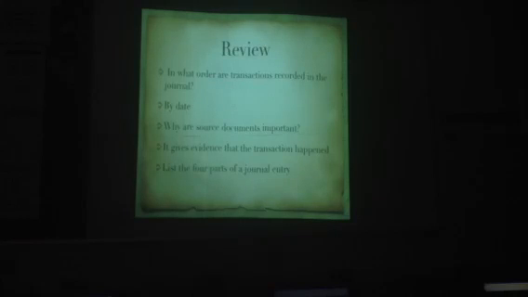Can you list the 4 parts of a journal entry? The order, the 4 steps? Date. What's the second one? The account title. Debit. The debit account and the debit amount. And then credit. Then the credit account and the credit amount. And last, source document. It's on the board right there. What else if you put it in wrong on the computer? Like the order? Yes, if we have this transaction